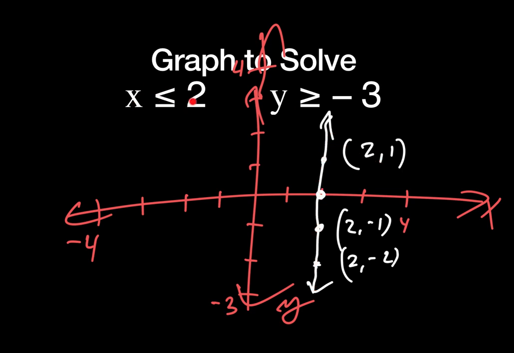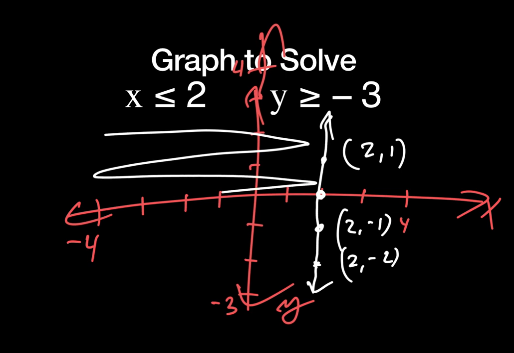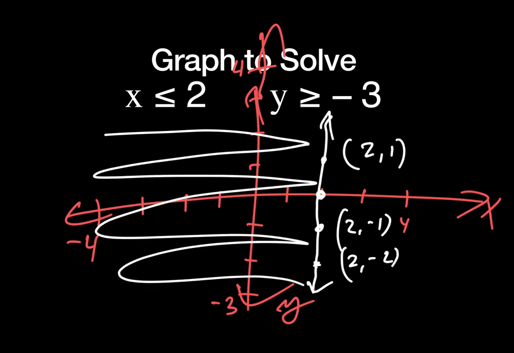So where is x less than or equal to 2? Everything to the left. So this whole zone out here gets shaded. Then I've got y, and it's -3. So I go on my y-axis to -3. Where else is y going to be -3? Right here. Right there. Right there. That point there is 3, -3. Every point along that line is,